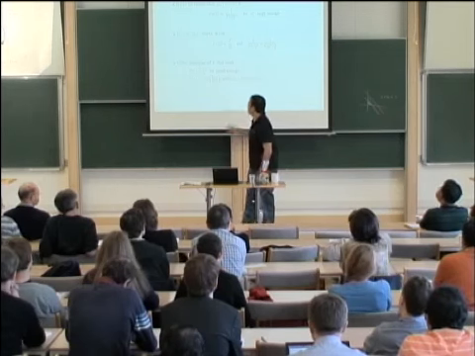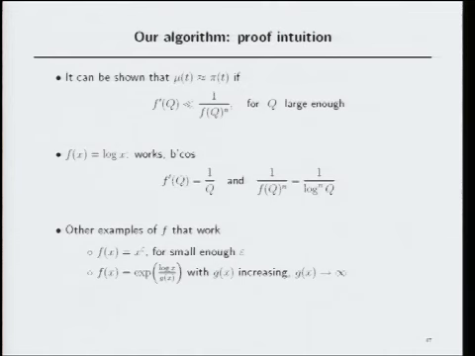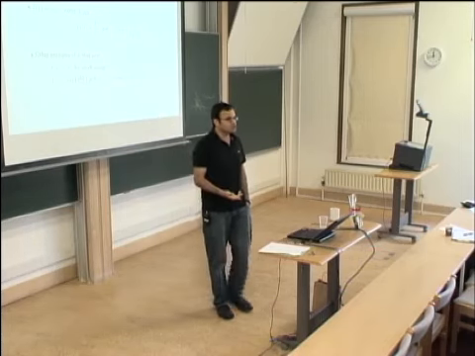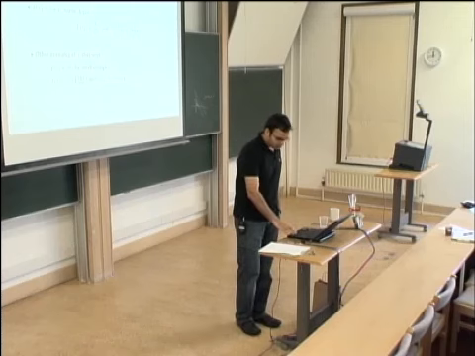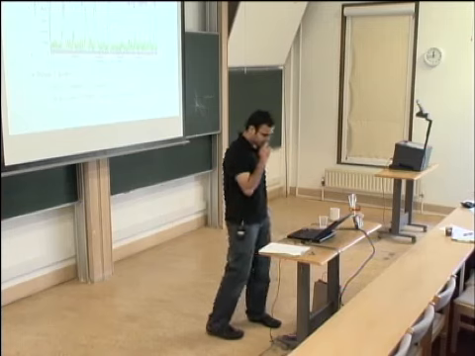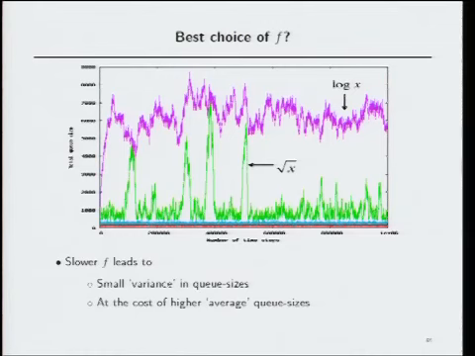Now, here is in some sense a threshold, right? All the functions that are growing faster than this will not work, all the functions that are growing slower than this will work. So I've got this whole gamut of functions, and which function to choose? Okay, so I don't have a theorem, but I have some simulations. Let me explain what the simulations say.